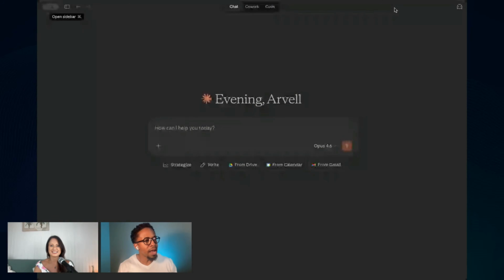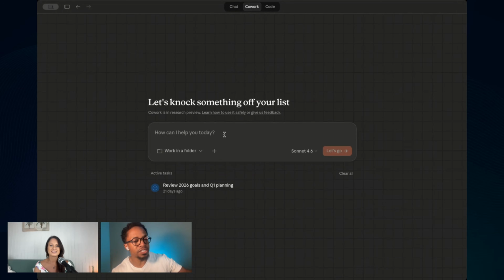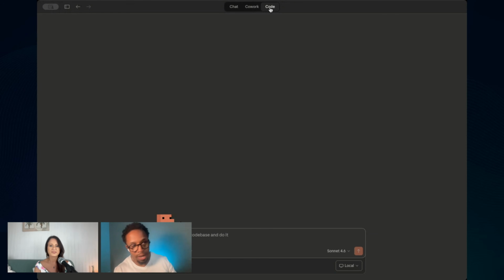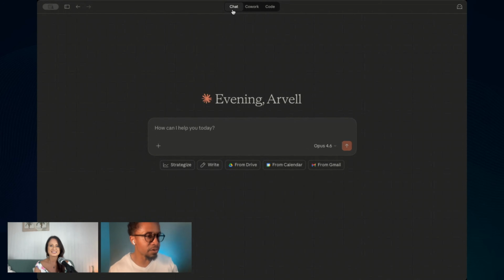I'll just walk you through how Claude works. Again, I'm assuming at least half of people know what Claude is and what it does. I think ChatGPT is more known, but the current version of the Claude desktop app, and I'm on a Mac, has three sections I want to cover. There's the chat section, which is kind of like ChatGPT. There's the cowork section, which is very agentic. It does a lot of actions, and I do want to share the difference between those two. And then Claude Code, which is more for developers, which I don't do a lot with, though I am starting to learn about it.